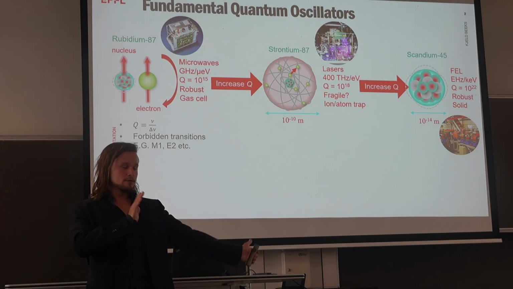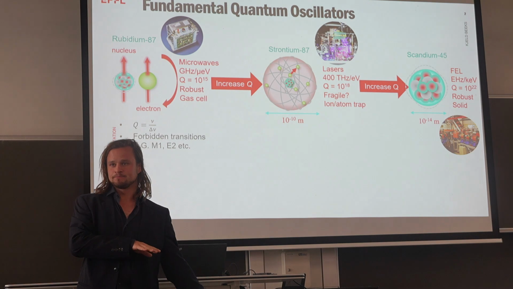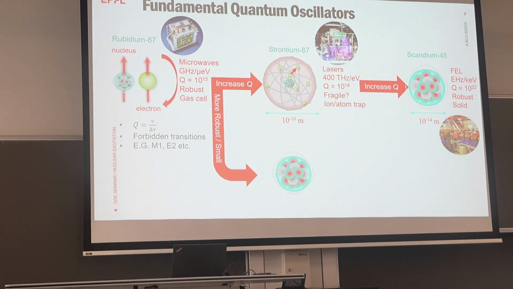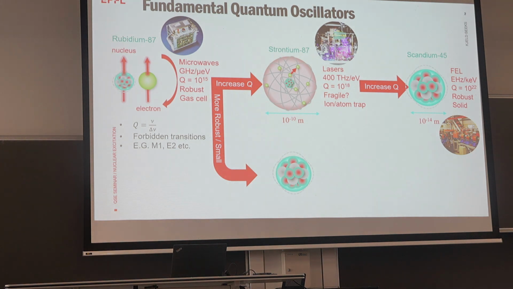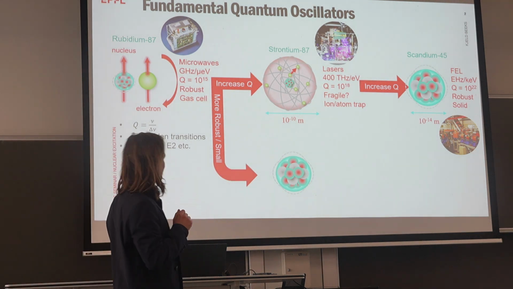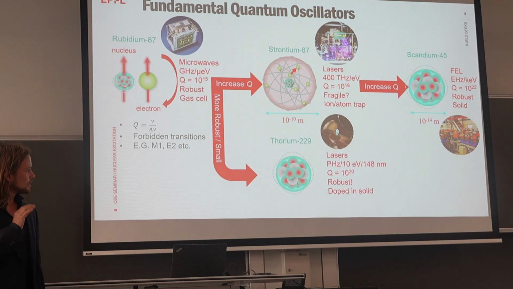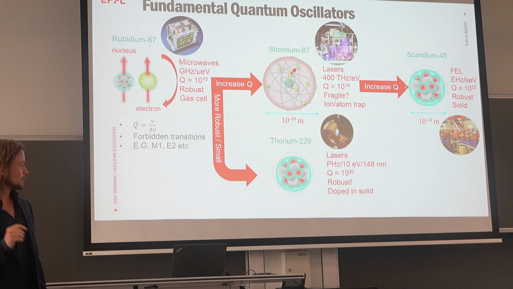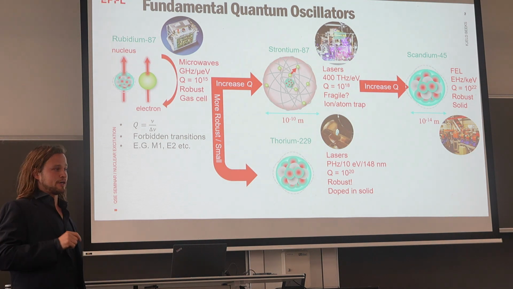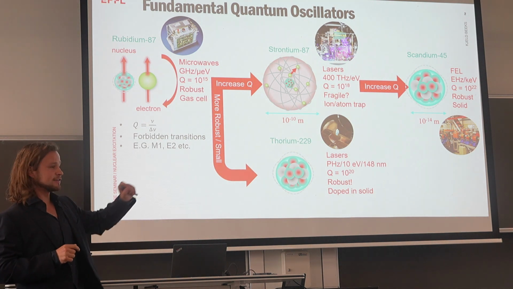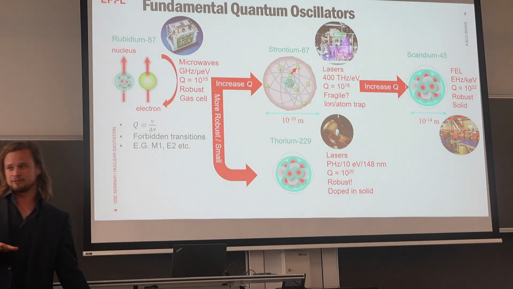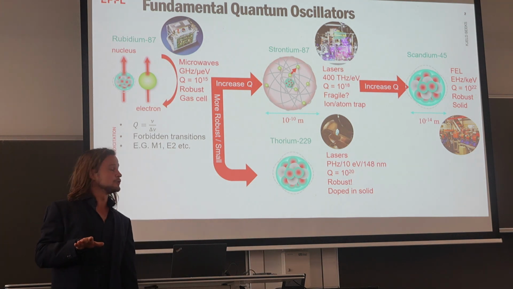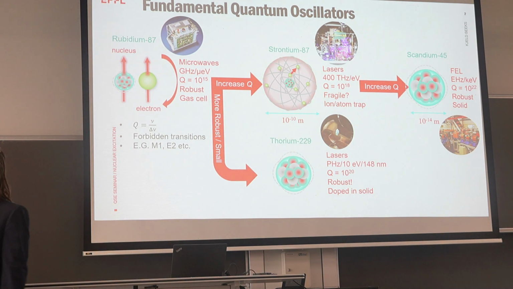Now, we were talking about this deep UV nuclear excitation, and how does that fit in? Basically we took a side step from this ever-increasing Q factor, where if we take the thorium-229 nucleus, which is a very special nucleus, because it has a very low-lying first nuclear excited state at, to have the exact number, 148 nanometers. No, not super exactly. 148 nanometers. Only 10 electron volts, and this is something we can still probe with lasers.